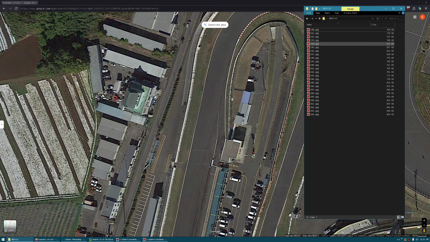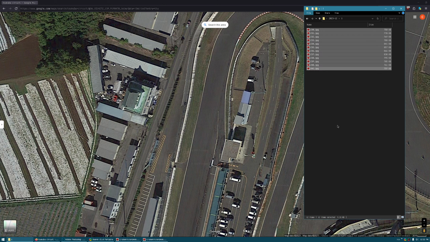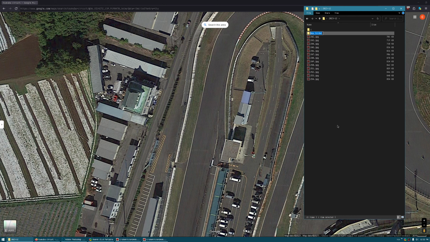And now let's group this by, let's make it 12 pictures per folder. Create a new folder. 1, Control V, Control X, new folder. 2, Control V. Then on Photoshop,